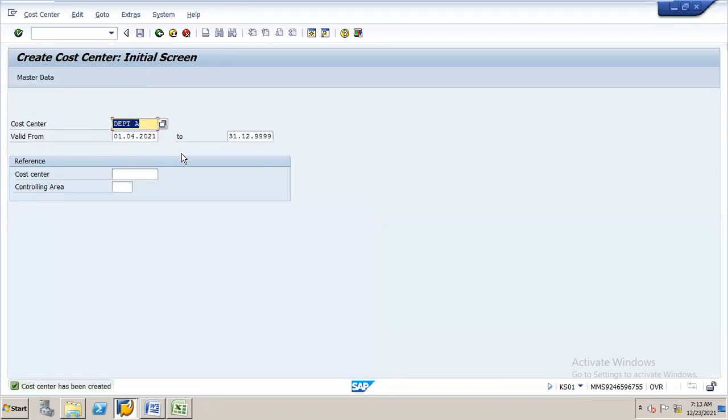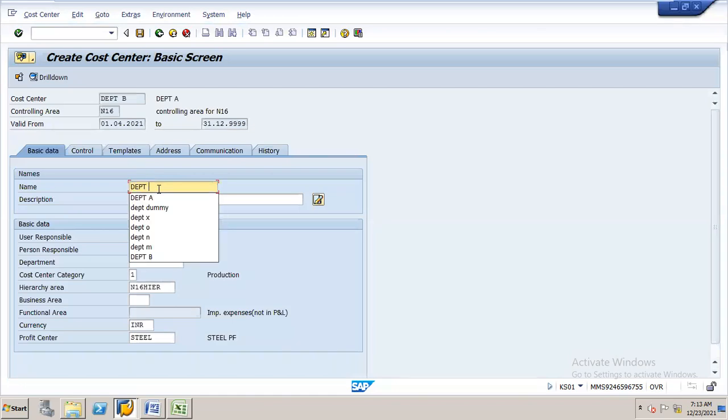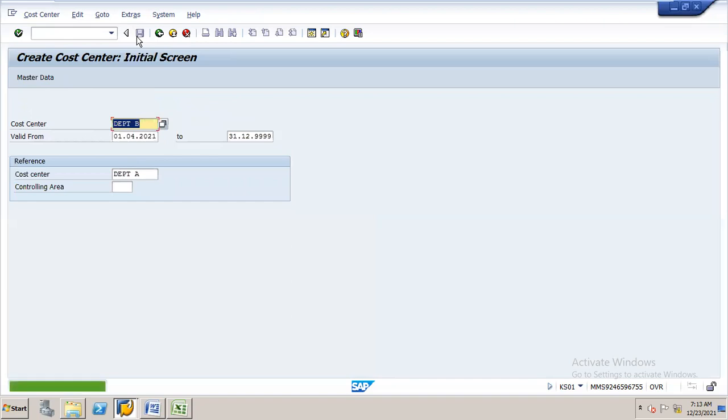Okay, let me create one more, B. If you want, you can copy from A. Let me change only description. Here, say for example, this is work for the cement. You can give the cement. Okay, save it. I create the two cost centers also. Now, yes, I'm ready to create the